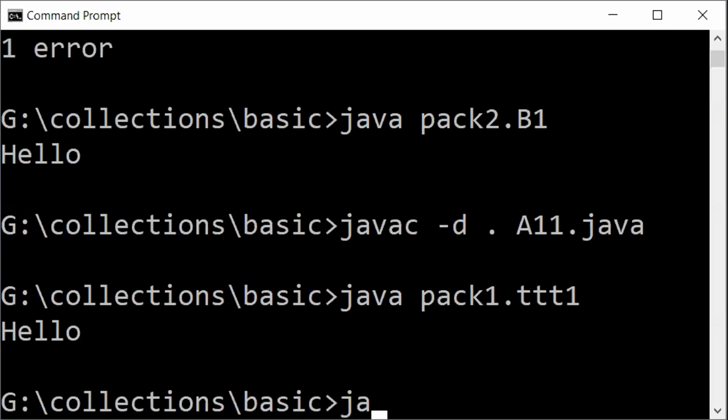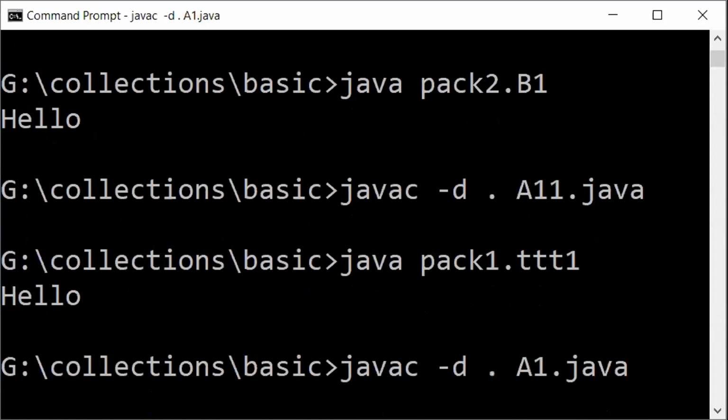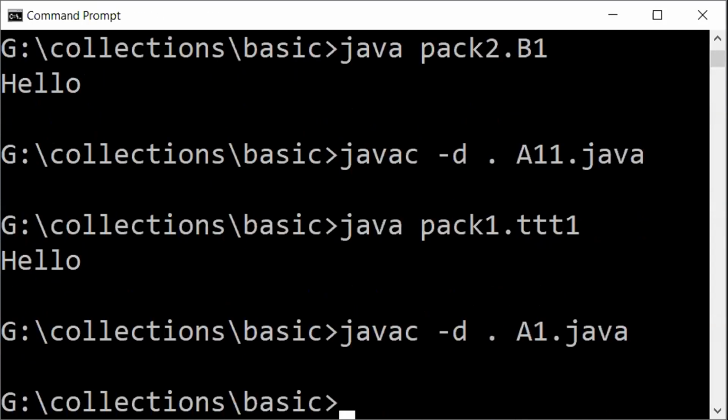So javac -d . A1.java. Next is the P1 program, so I need to compile it: javac -d . P1.java.